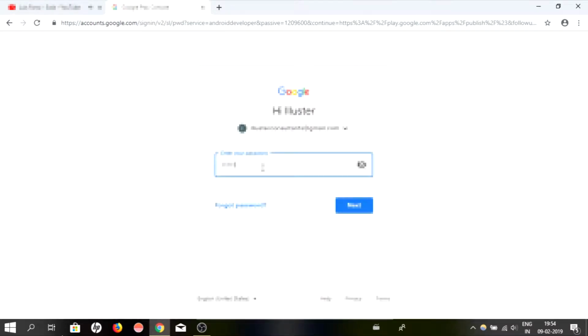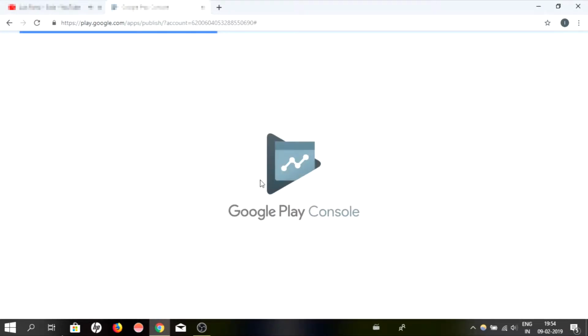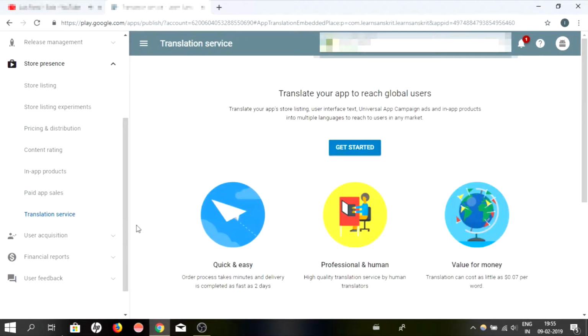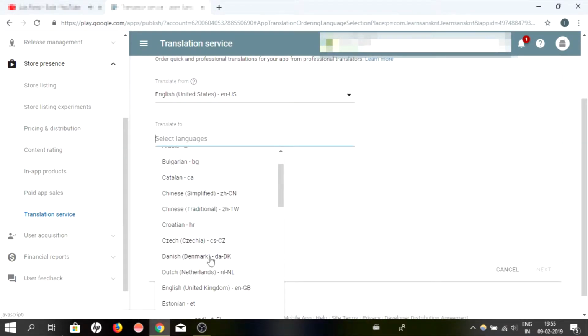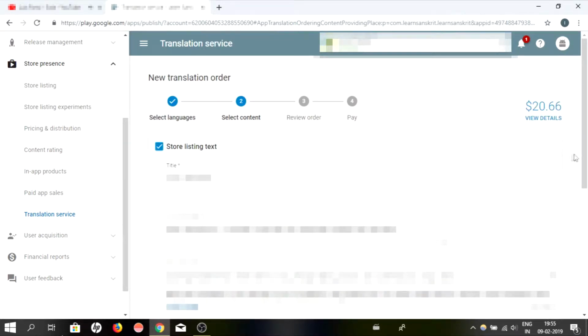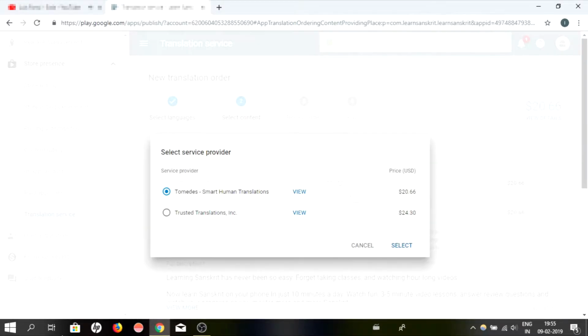If you don't know what Google Play Developer Console's app translation service is, it's a service that is available to translate your app within the Google Play Developer Console. You basically put in your text in English and you purchase a translation for the language you want to localize to. Pretty simple. When you make the purchase, Google doesn't do the translation themselves. The translations are done by a large translation agency like Tomedes, Trusted Translations, and Translated. The price that you see Google Play Developer Console quote you is the lowest price from these big three translation